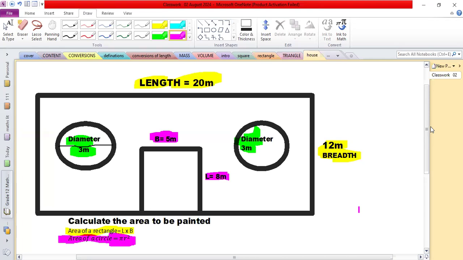Pleasure Makamo submitted their answers. Simple submitted their answer. Lindo Klasana submitted their answer. Let me check your answers. Calculate the area to be painted. Area is equal to length times breadth. Area of a circle is equal to pi multiplied by radius squared. Area of a rectangle is equal to length times breadth, which is